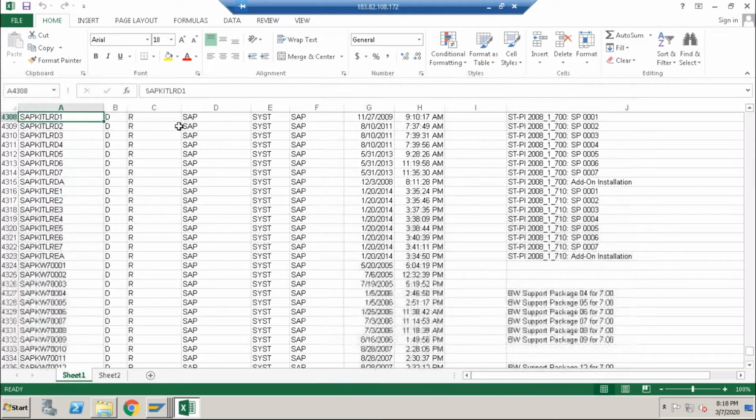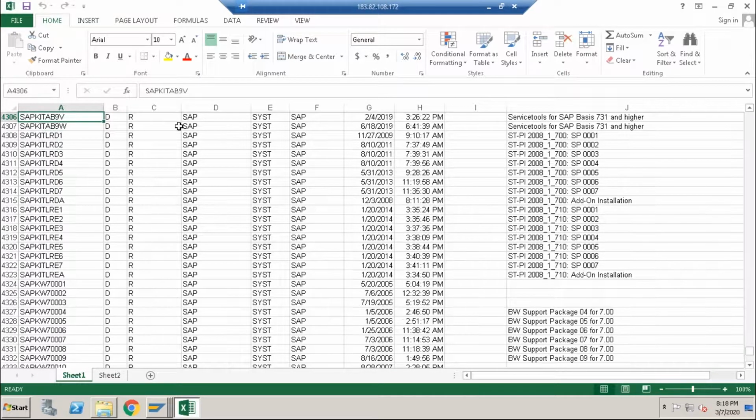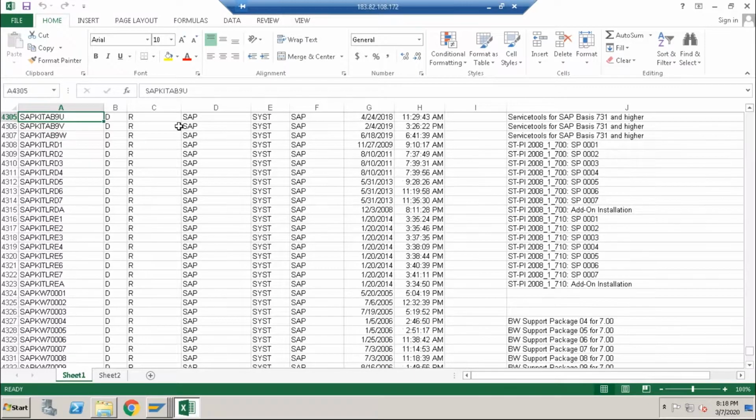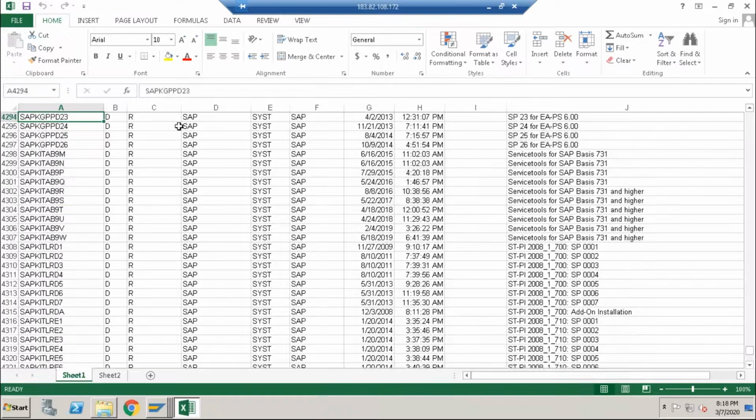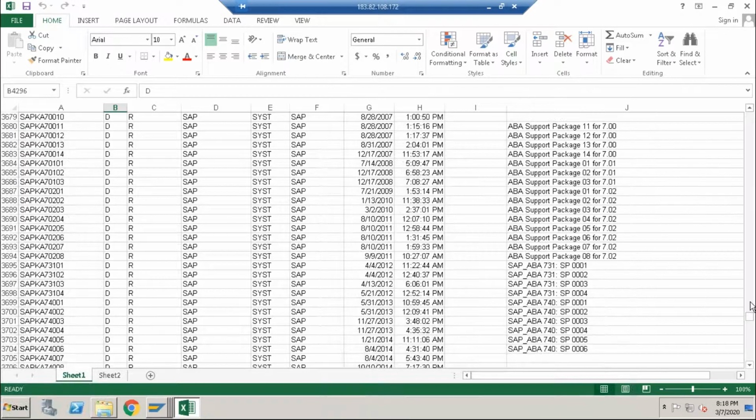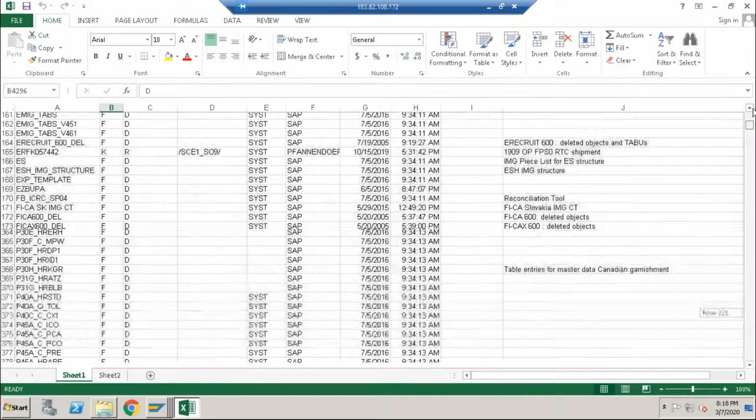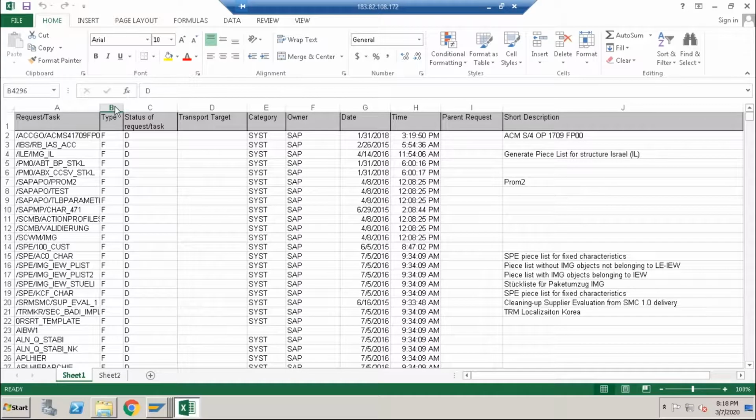So how can I find from this number what is the workbench request and what is the customizing request? Then you have to filter it. The second column, the request type, is for filtering only. There you have W. Okay, this is the status.